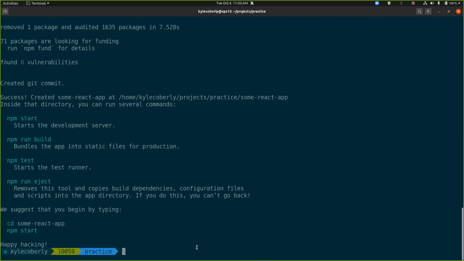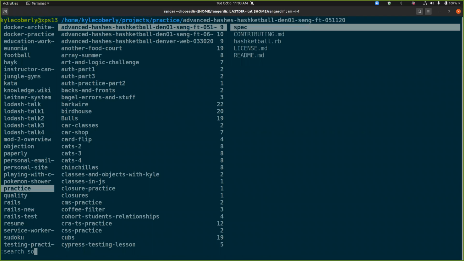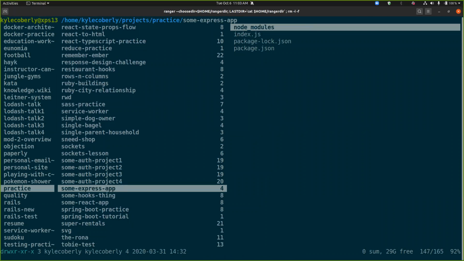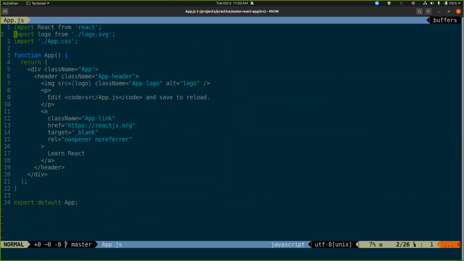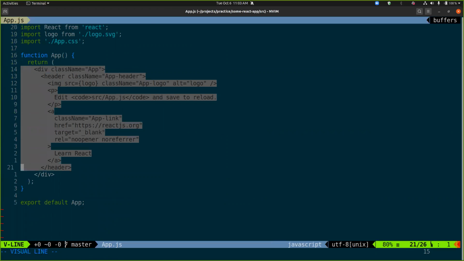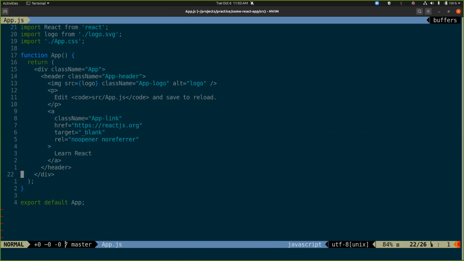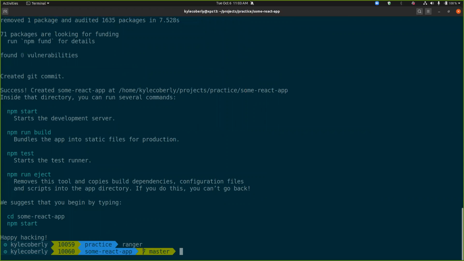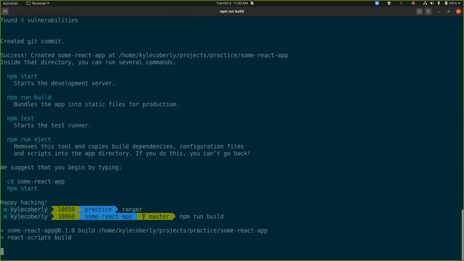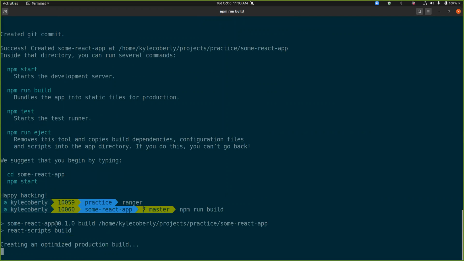All right, so it gave me this React app. So it gave me all this stuff. This is not valid JavaScript. If you try running this in your browser, it's going to barf. But if I run the magic create React app node script with npm run build, it's going to go